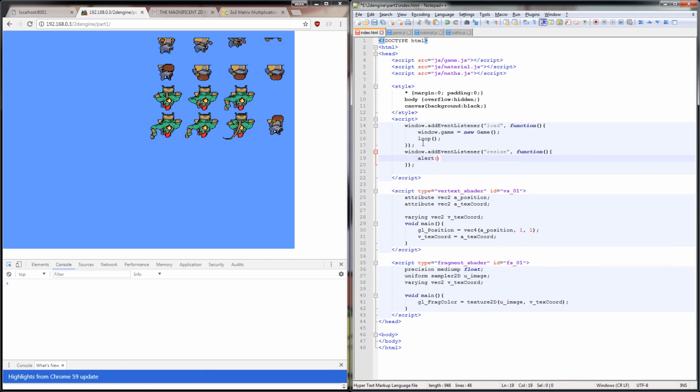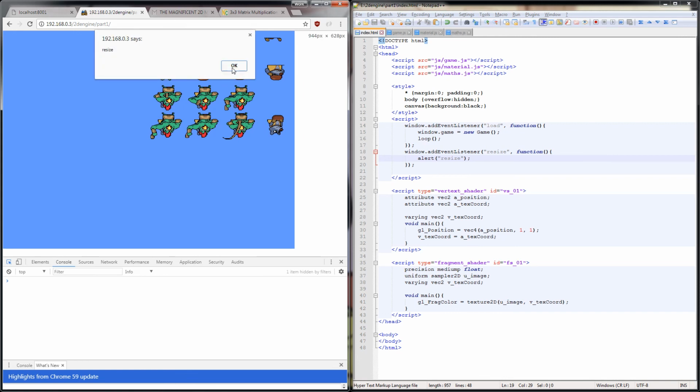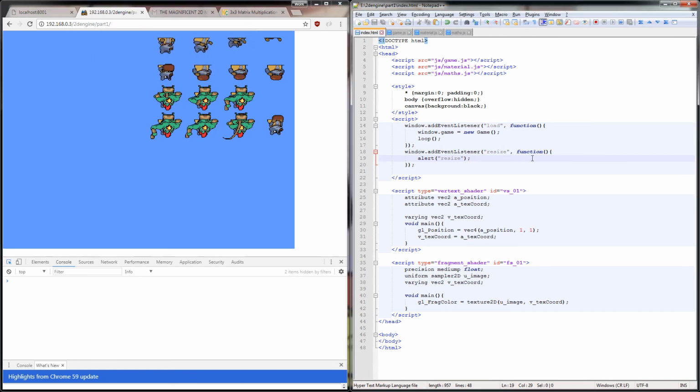I'm just going to put a wee alert here just to make sure it's working. Resize. So whenever we change the size of the window, we should see this. There it is, resize. Okay, so that's working. And then whenever we do that, we want to go